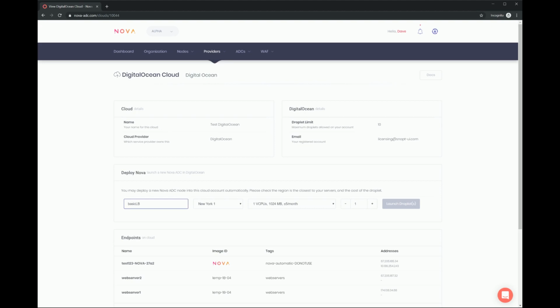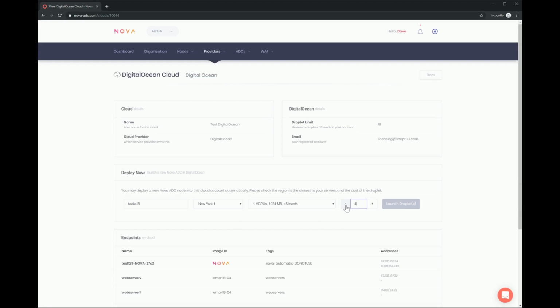And I can launch them in whichever location I prefer and whatever size of instance I prefer, right? So, obviously you're paying the cloud fees. So as you go up, the price of the cloud instance goes up. But here we'll just use the basic $5 a month droplet at DigitalOcean. And you can choose the number you want to launch. So I'm just going to launch one now because soon we'll do an autoscaler where we can see it launch many, but you could launch as many as you wish here at the same time.